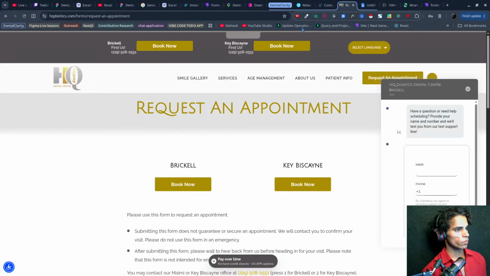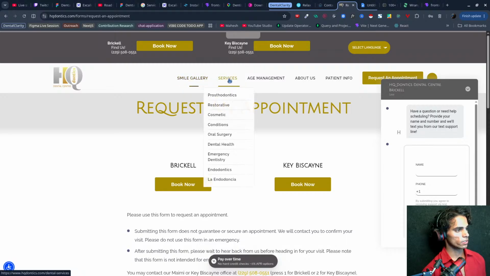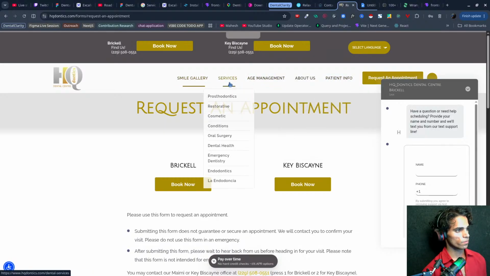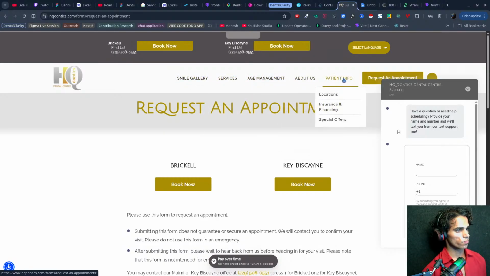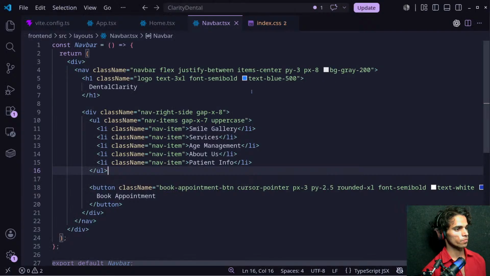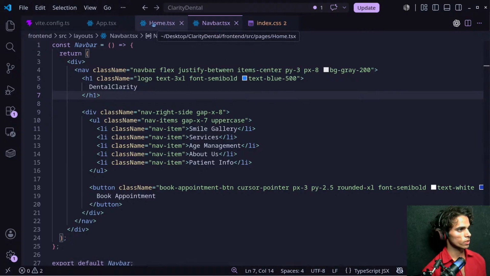What we are going to focus on right now is that whenever we hover on this, we want a little animation like this, okay, and its color change. So let's get here.